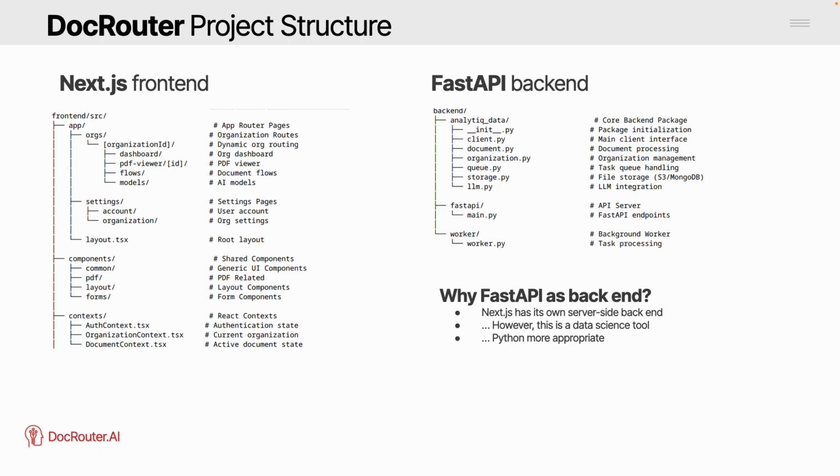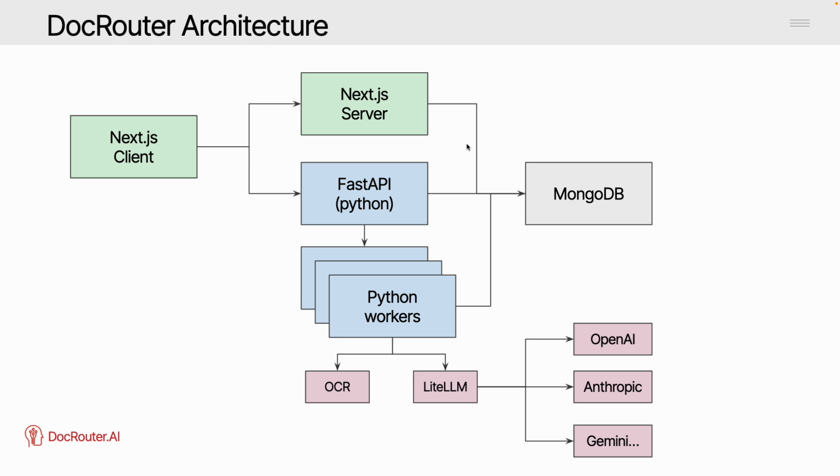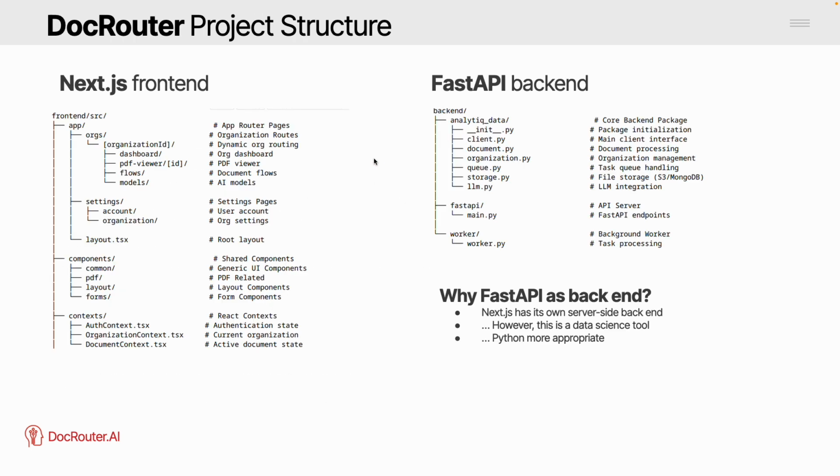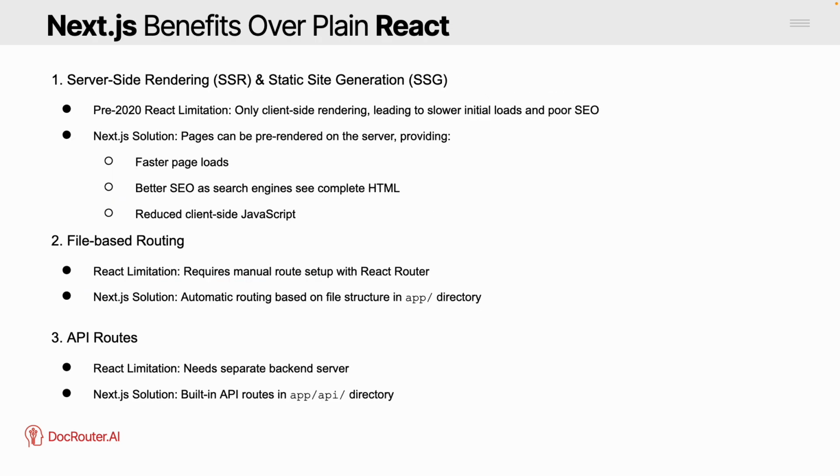I'm more likely to do things quickly in Python. So I pay a price, right? Because now I have basically two backends in here. So I've got to be careful to put most of the backend functionality in Python and not in the Next.js server. But on the other hand, now everything can be driven through APIs really easily through FastAPI. So if I'm disciplined and I don't mix things up,